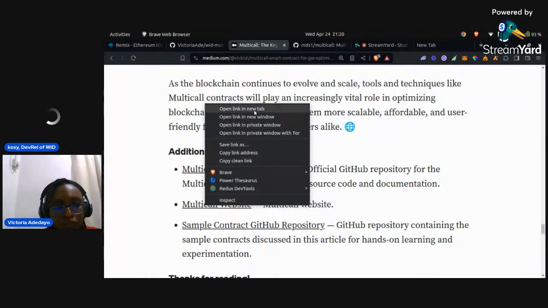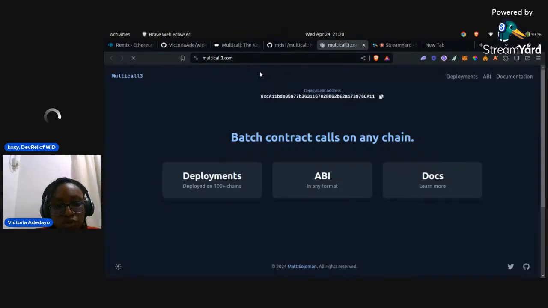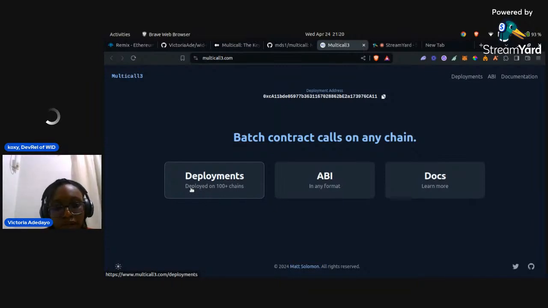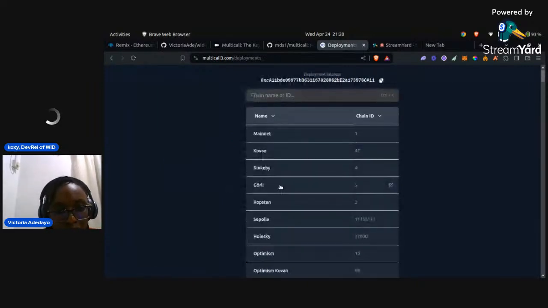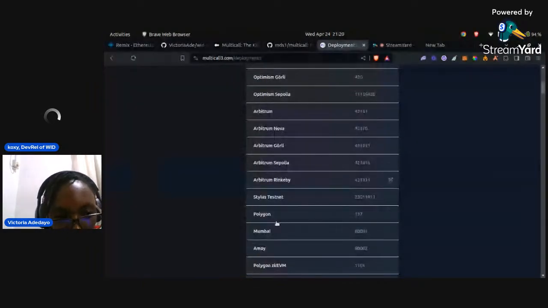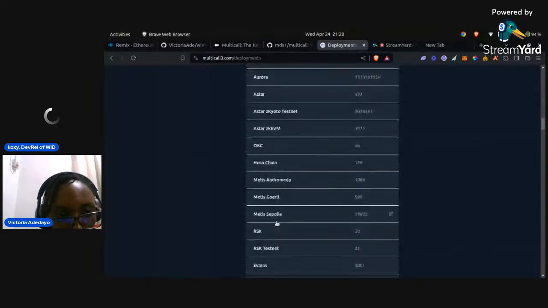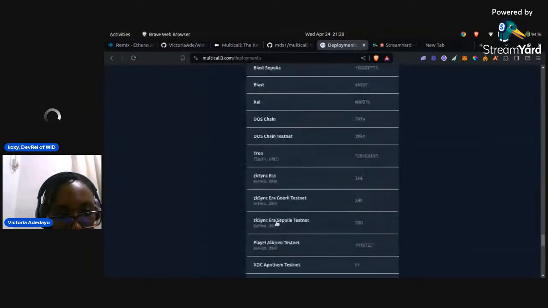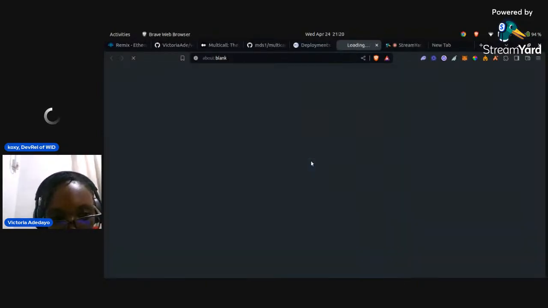This website is where I got the address of the multi-call contract when I was about to deploy my contract. So you can just search, let's say you want to interact with this multi-call function using Sepolia, Optimism, Arbitrum, Polygon, Fantom, Aurora, all these chains, you have a lot of them. Scroll, I just saw Scroll. So you can use it. Just come here, click on this. It will take you